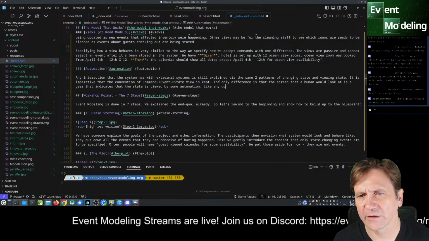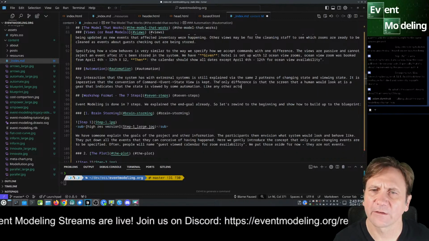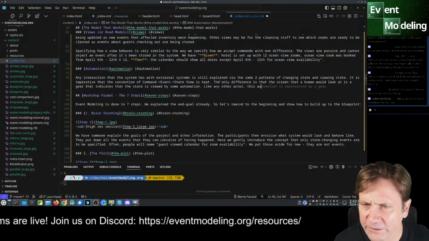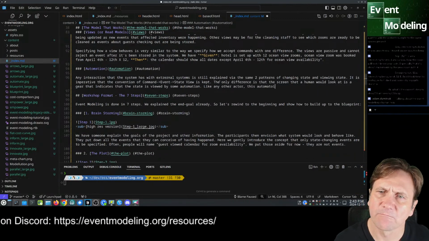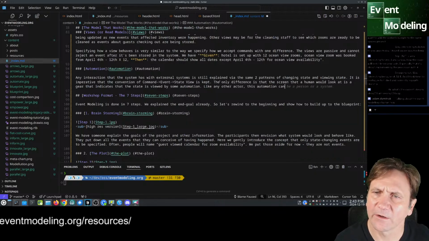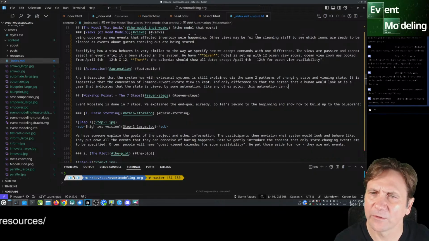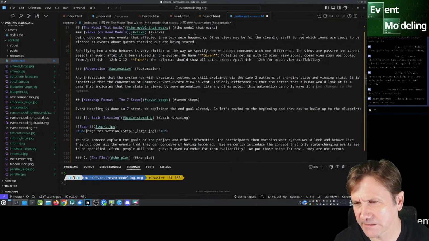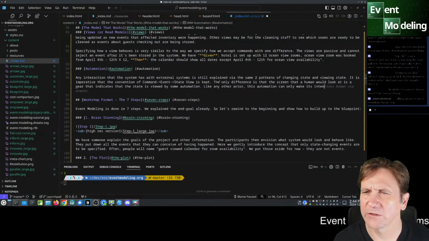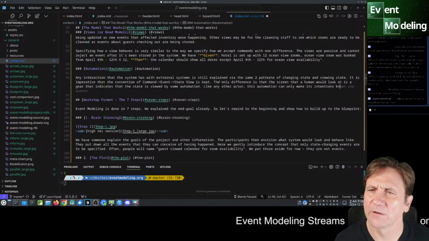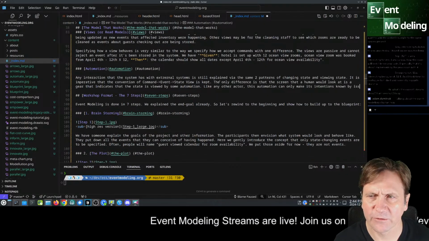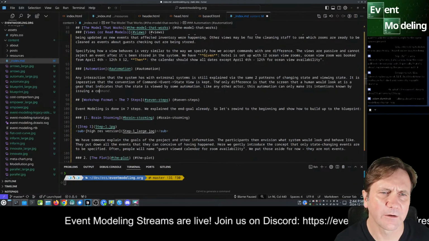Like any other actor, this automation can only make its intentions known by issuing a command.